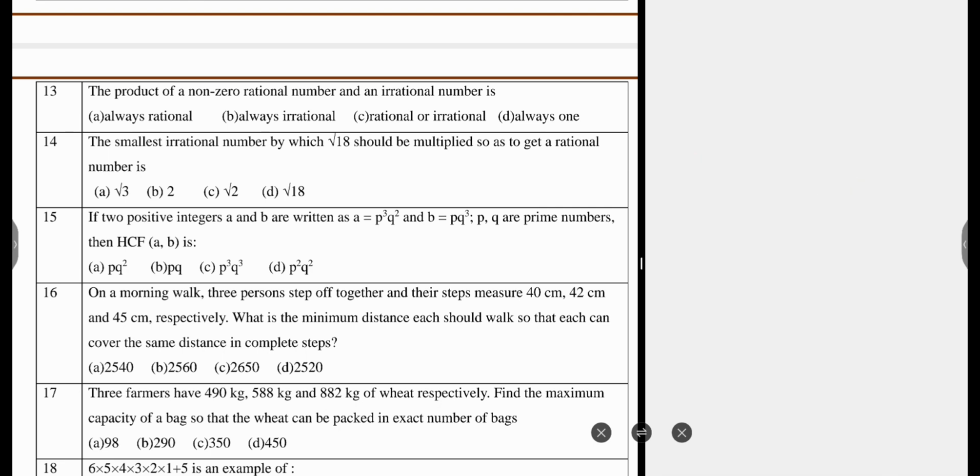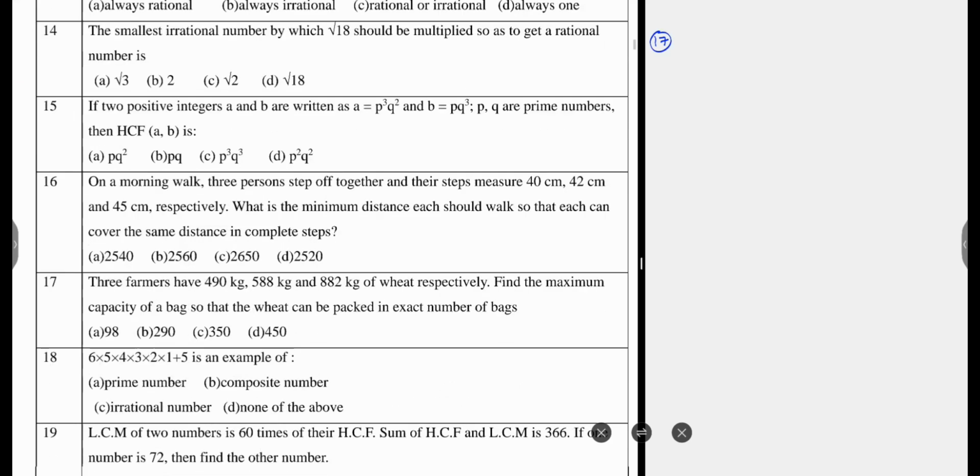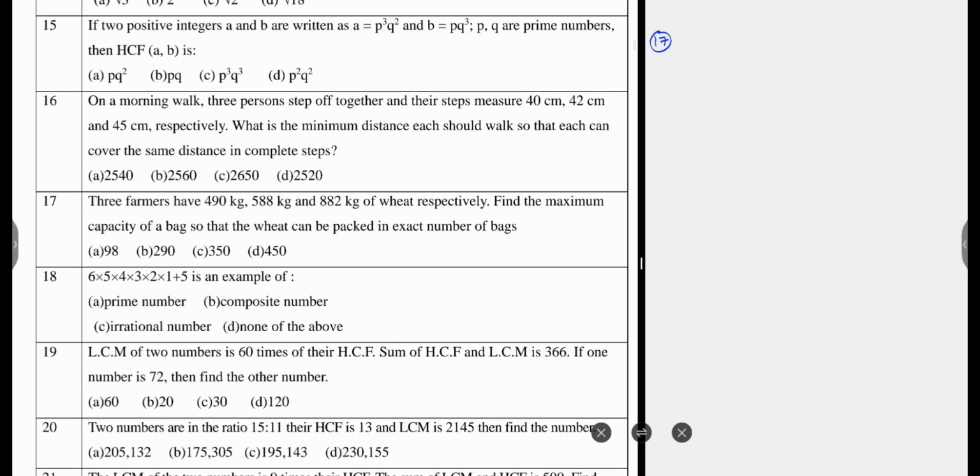Next, question number 17. In question number 17, they have given three farmers have 490 kg, 588 kg, 882 kg of wheat respectively. Find the maximum capacity of a bag so that wheat can be packed in an exact number of bags. So again you have to find the maximum number that divides all the three. So you have to find the highest common factor, and the numbers given are 490,